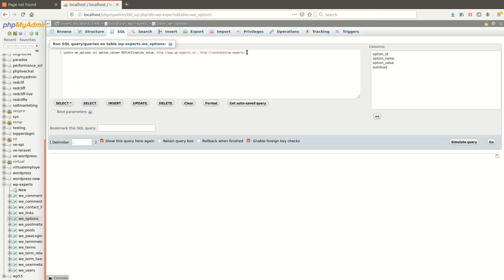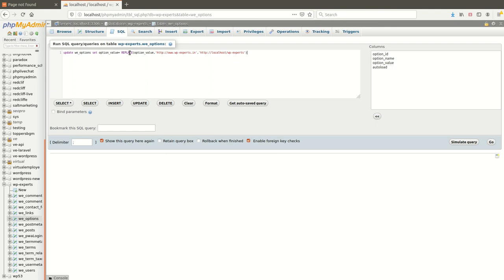That's it. And now close the bracket. Okay, so basically we are using the MySQL REPLACE function here. There are three parameters. In the first parameter, we need to define the column name. In the second one, we need to define the value of your old website. If you are going to set up from server to local, then you need to define the server URL in the second parameter.